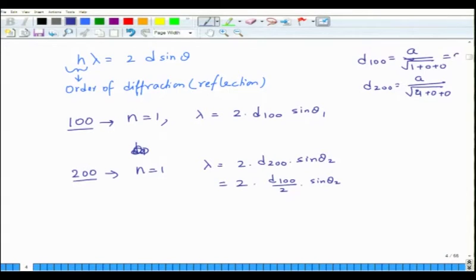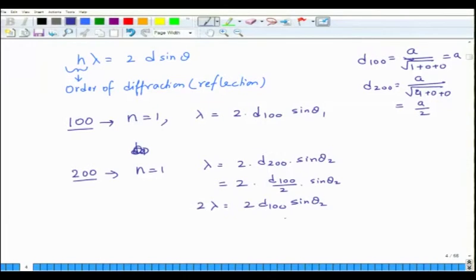So, you can see that d 2 0 0 is half of d 1 0 0. So, this becomes 2 lambda is equal to 2 d 1 0 0 sin theta 2. So, basically it means a 2 0 0 peak, the diffraction peak from 2 0 0 plane, is nothing but second order 100